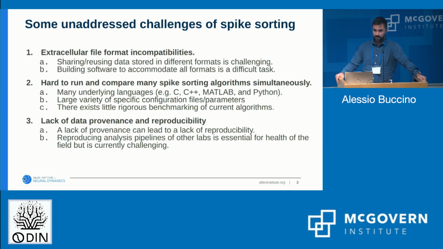And the first two challenges also basically bring the third challenge, which is there was a big lack of data provenance and reproducibility, right? So some papers cite that spike sorting was done the usual way,